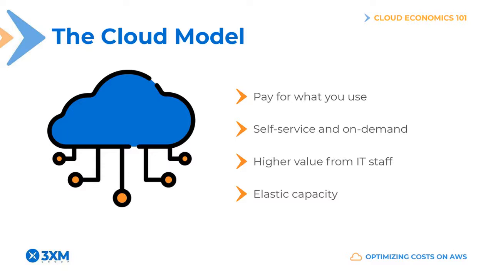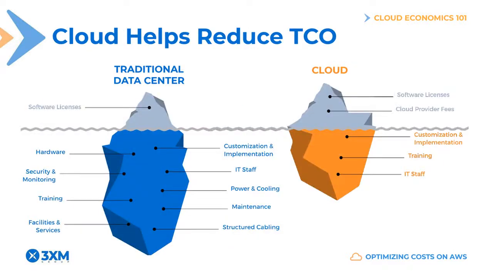Lastly, organizations can take advantage of the cloud's elasticity to provision the capacity they need and nothing more. So this means that during periods of low usage, they can use fewer resources and thus incur fewer costs, whereas during periods of high demand, the system can be configured to scale to achieve the required performance. So by closely matching supply and demand in this way, the inherent waste in the traditional data center model is eliminated altogether.